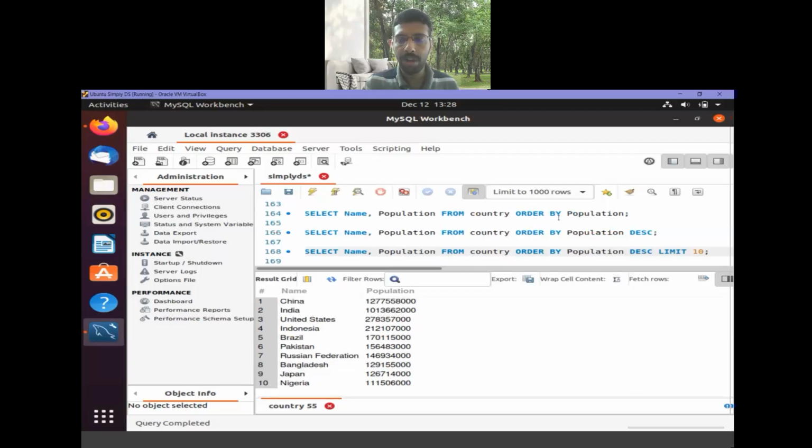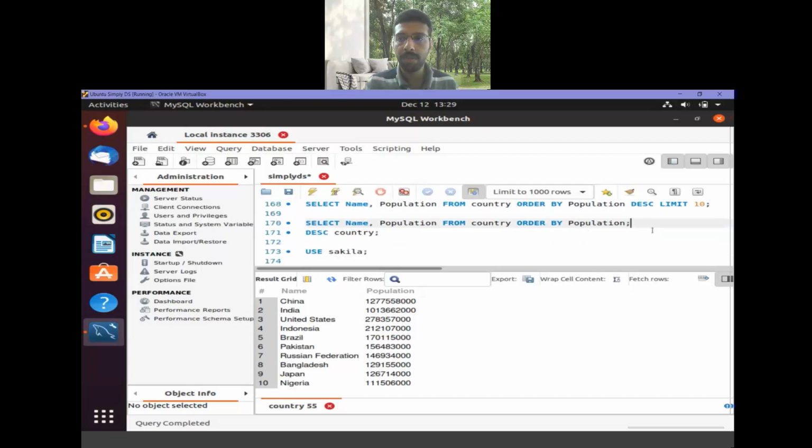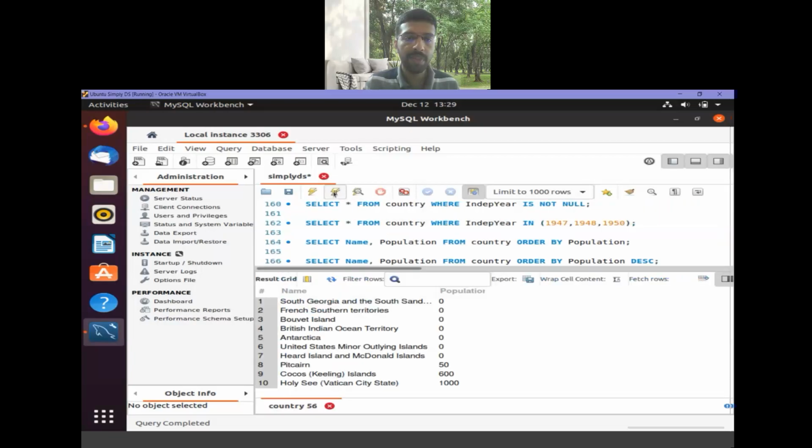Now suppose I want the 10 countries with the minimum population. In the earlier query, ORDER BY population without the descending tag, I will put LIMIT 10. In that I actually got 0, so I want to skip the entries where population is 0.